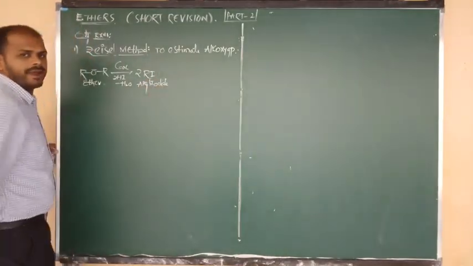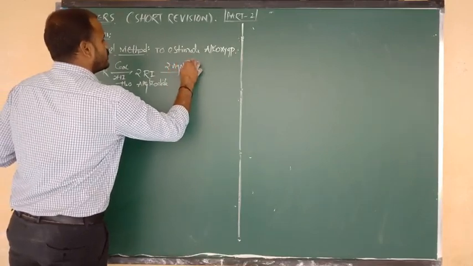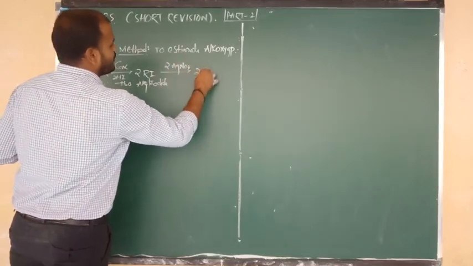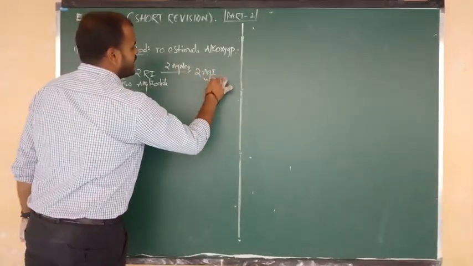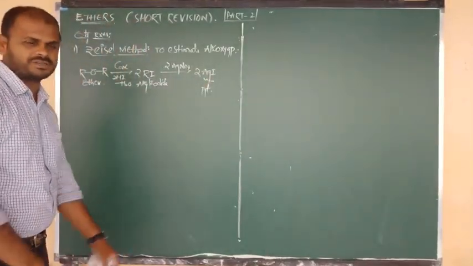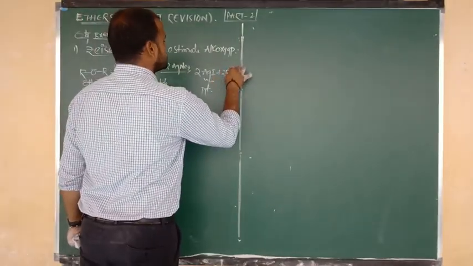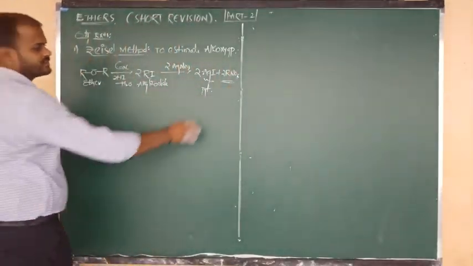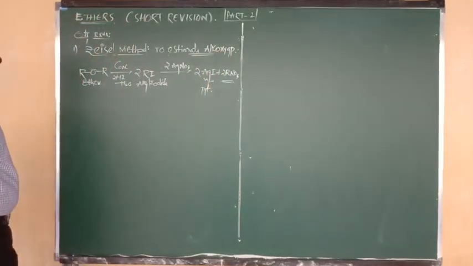Now such alkyl iodide undergoes reaction with silver nitrate solution. 2 moles of AgNO3. Ag combines with I and forms the product, nothing but what? 2 moles of AgI. Nothing but a precipitate you are going to get now, an almost yellow precipitate. The remaining 2 moles of R group combine with 2 moles of nitrate, and the byproduct is nothing but 2 moles of alkyl nitrate. This is your byproduct.